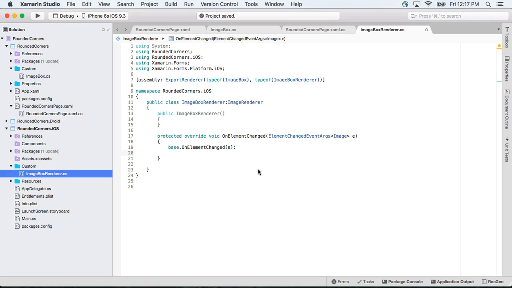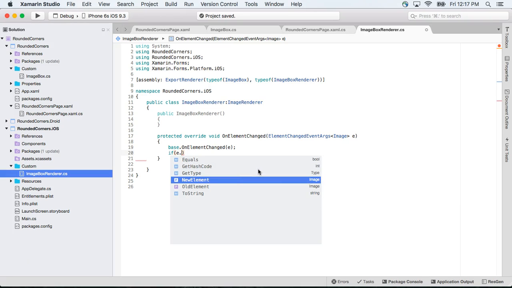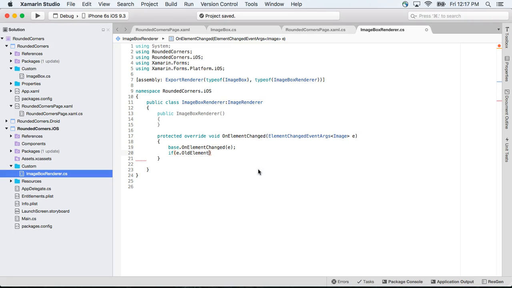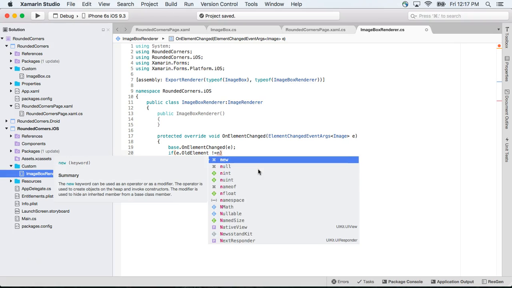So what I'm going to do is just do an if statement. And then within this if statement, I'm going to do my E, and then I'm going to say old element. And as long as the old element is not equal to null,